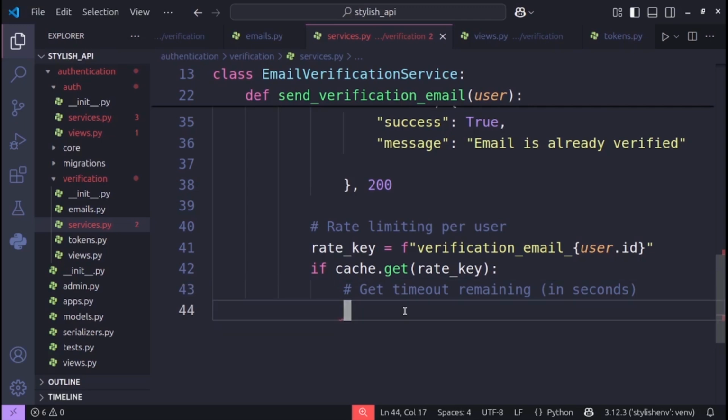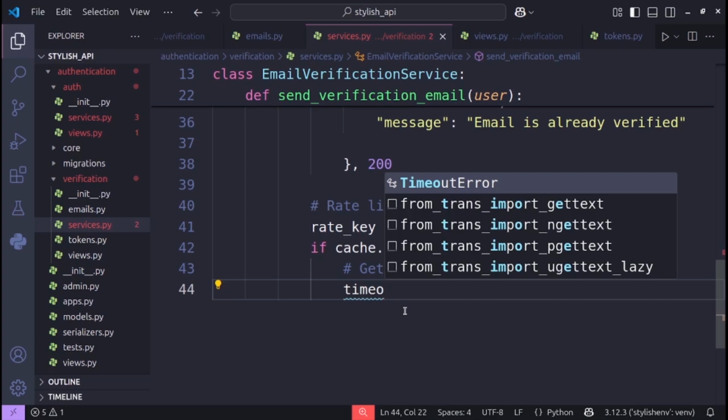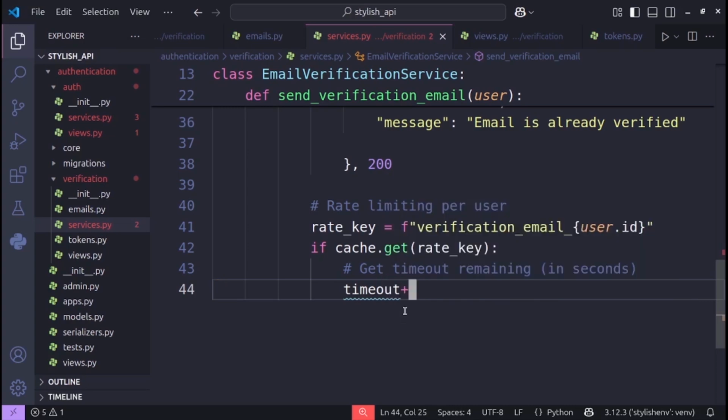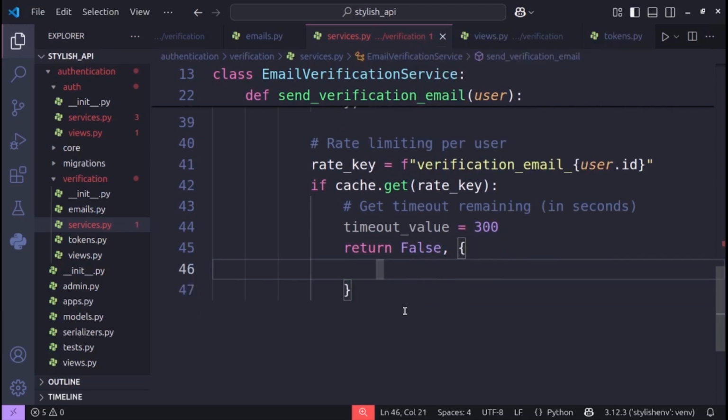So we're gonna get it in seconds. Then timeout value is equal to 300. That is 300 seconds, that is around 5 minutes. So success will be false